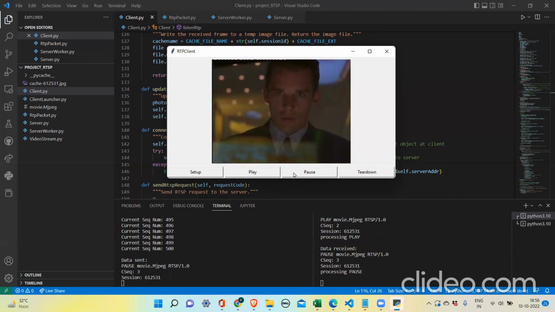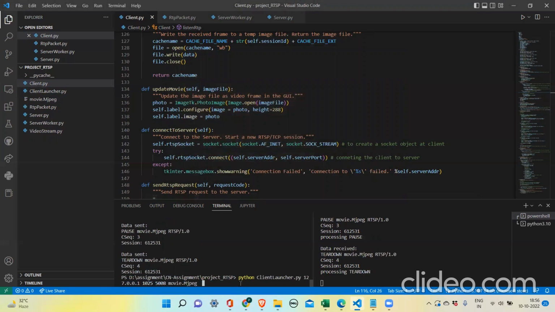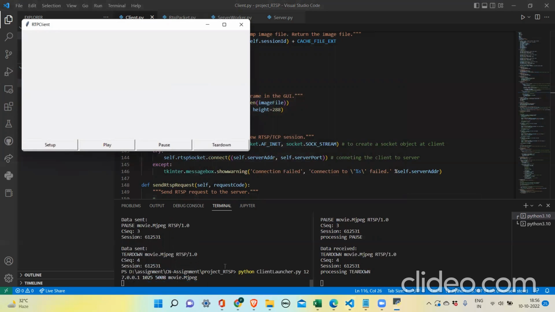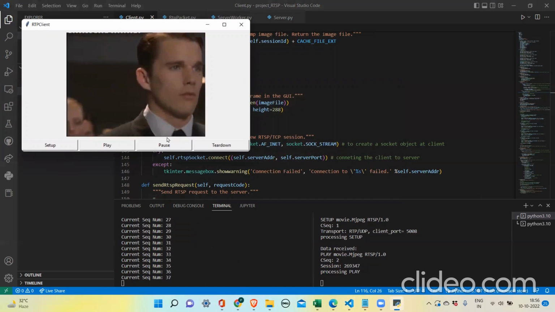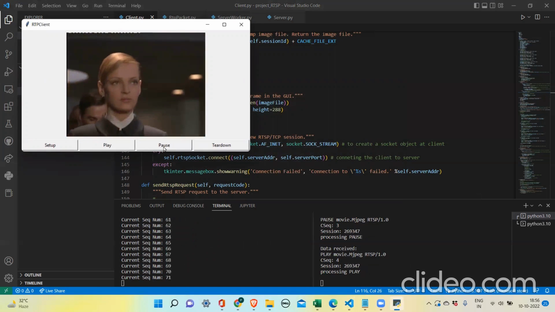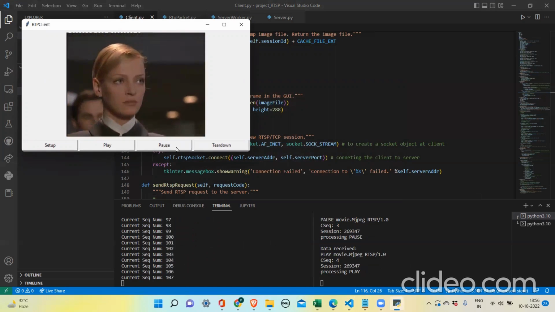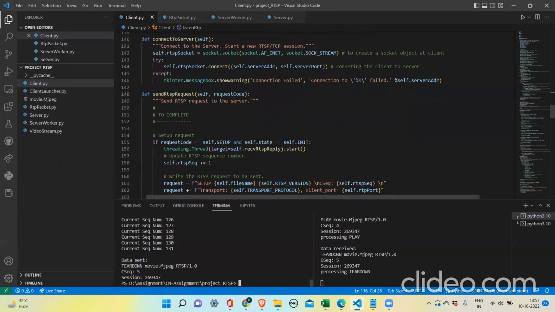And in between, we could have used this pause, and this teardown will just end the session. If once again we try to run, the pause will pause the video streaming. And again, if we click on play, it will resume. Teardown will just end the session. Okay, so that is it for the demonstration and the explanation of